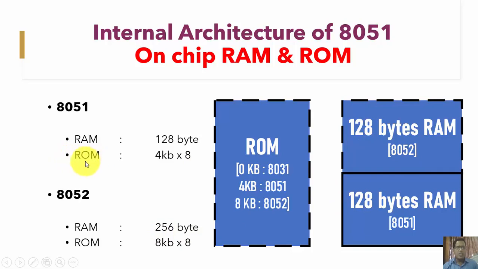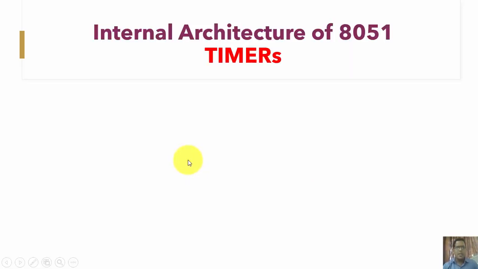Here, when we pay attention to this ROM specification, it is given in this way. The first figure defines the total capacity of this ROM, whereas the second figure defines the number of bits that can be stored at one specific location.